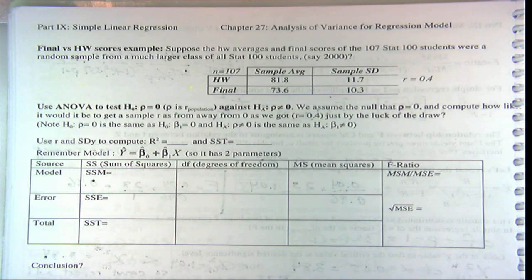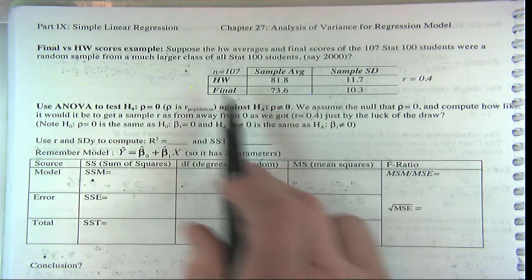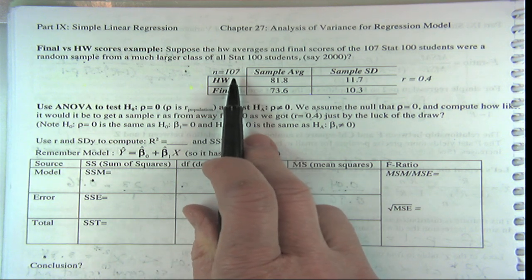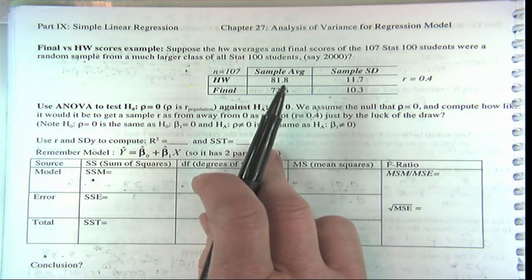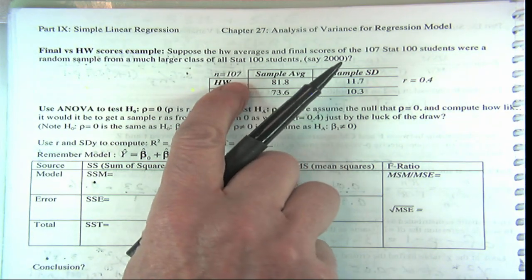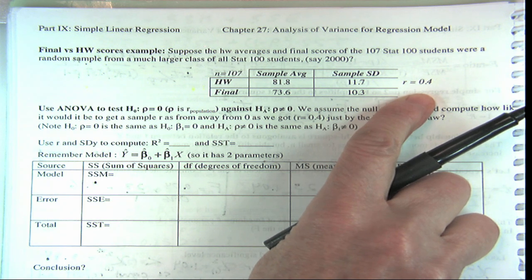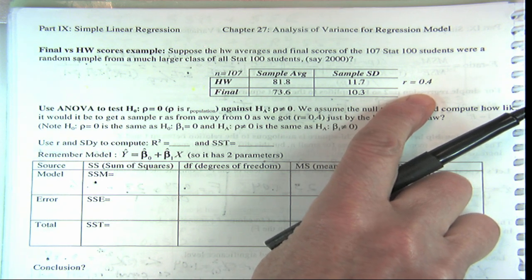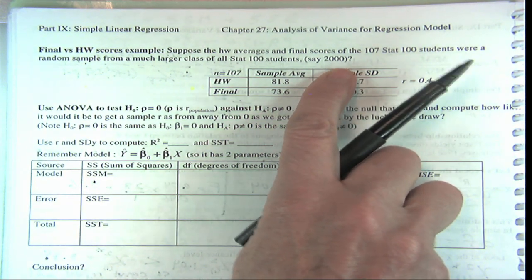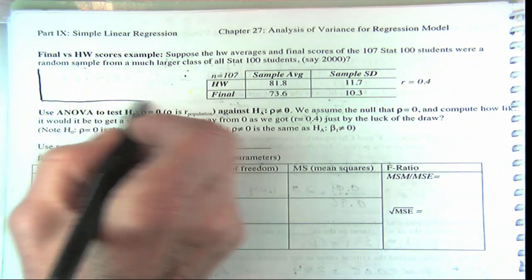All right, so let's look at this example. So now, here's from our homework and final data from 107 students. All right, and so imagine these 107 students were chosen as a random sample from a much wider population. Otherwise, there's no point in doing this. If this was the whole population, we really have all the data, and this correlation is the correlation of what we have for the whole population. So we're looking at some imaginary larger population of, let's say, 2,000 Stat 100 students, and the null is that in those 2,000, when we're predicting